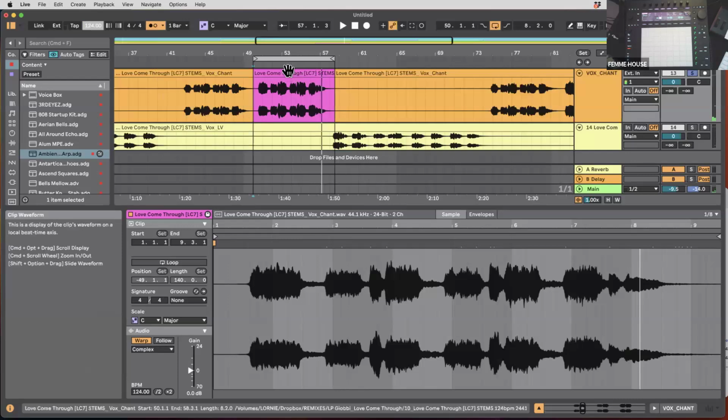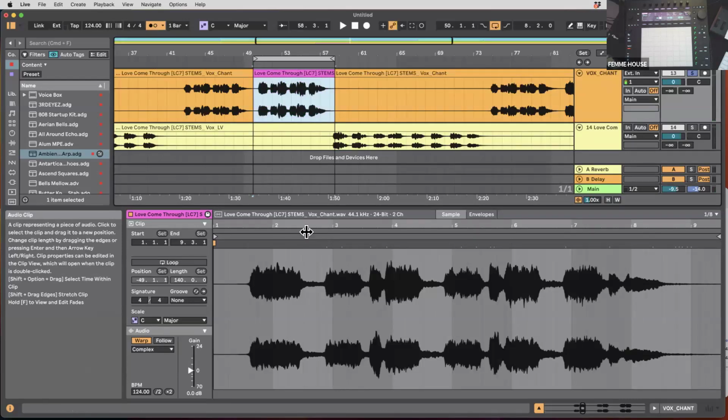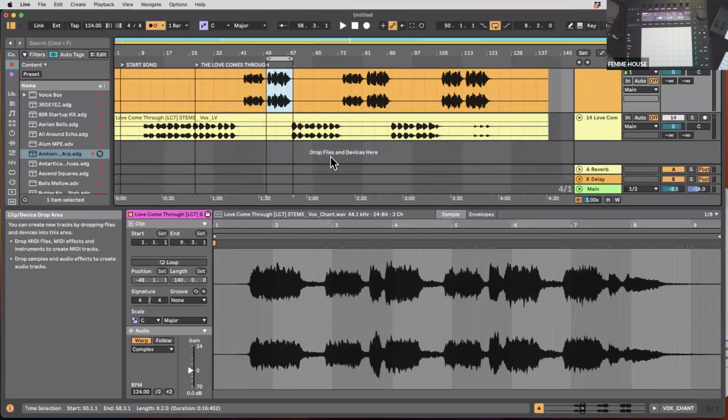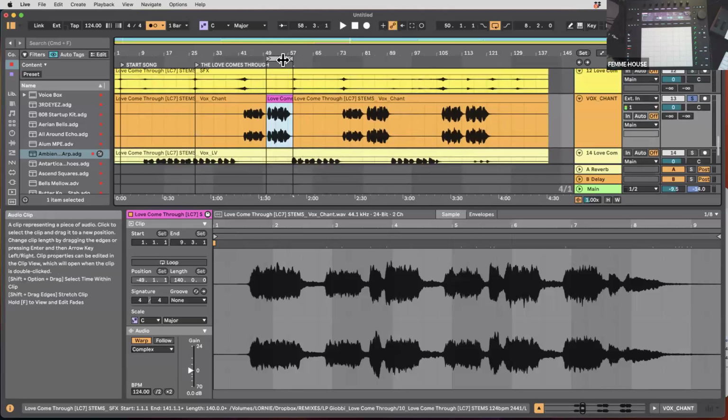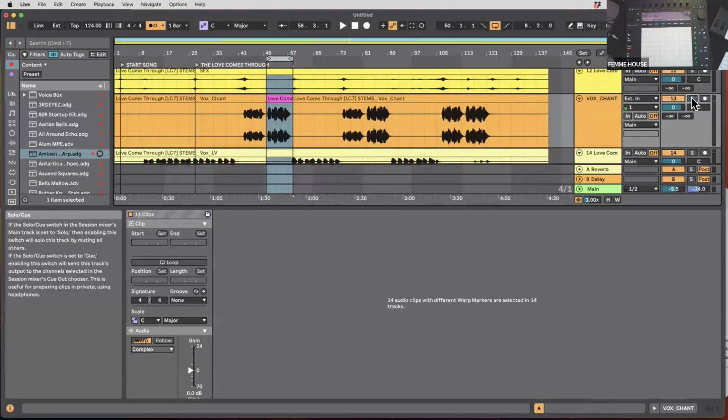So did you see how this clip that's warped was changing with the BPM, and it's going to stay in time no matter what the BPM is, which is pretty cool. And if I wanted to slice this whole section,